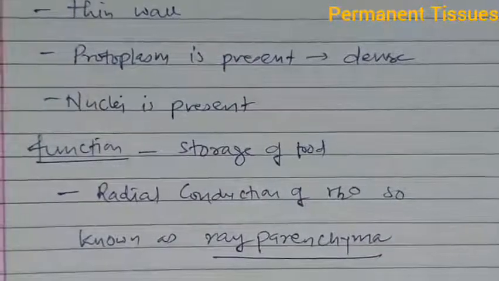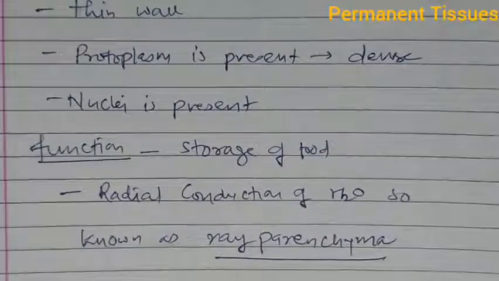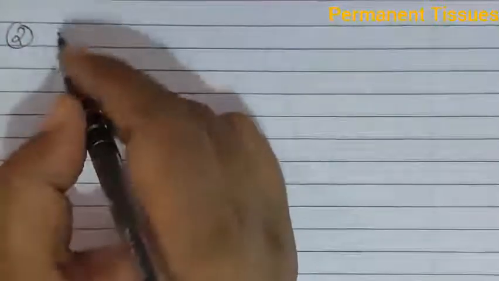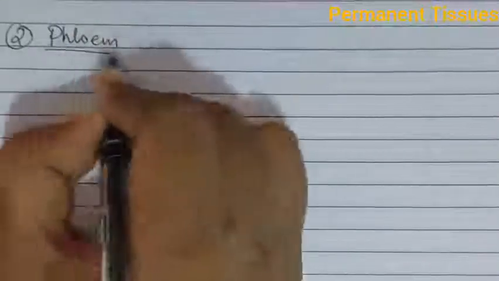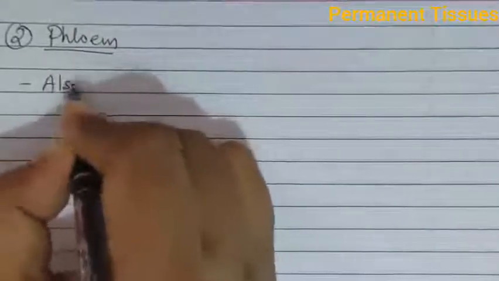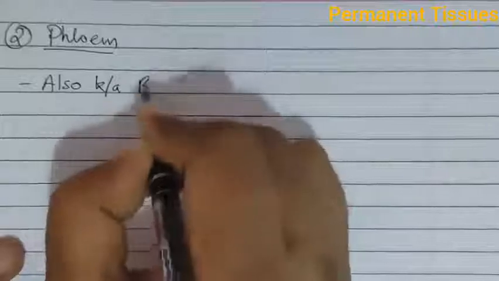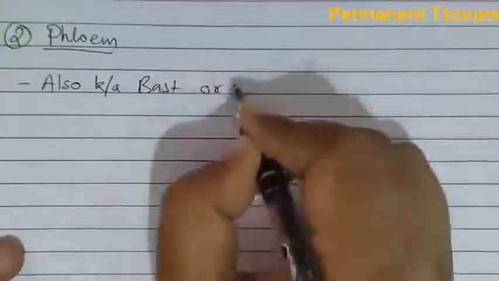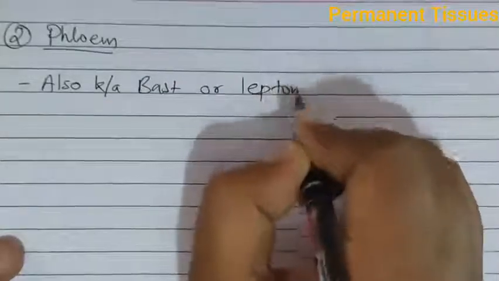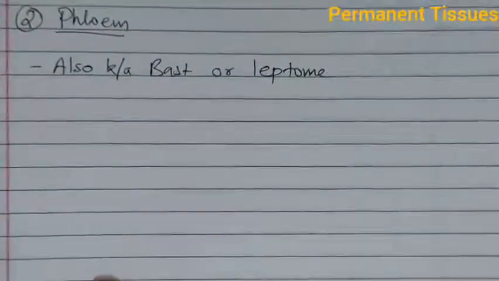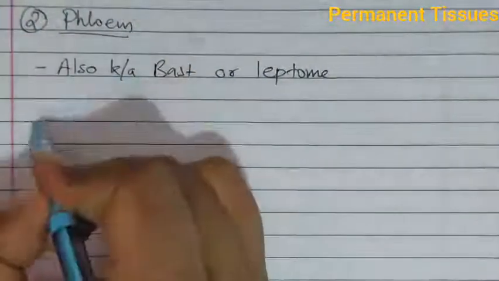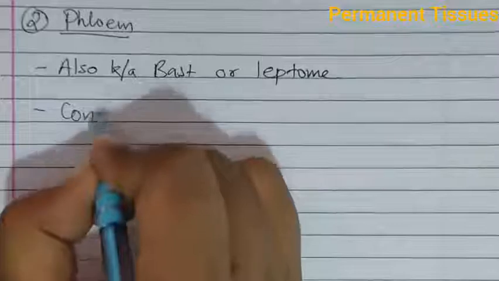So that is about the wood or xylem parenchyma. So next we will talk about the second permanent tissue, that is phloem. This phloem is also known as bast or leptome. Now when we talk about phloem, the function of phloem is to carry out